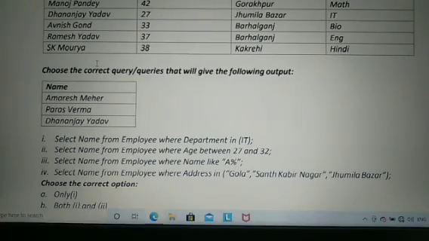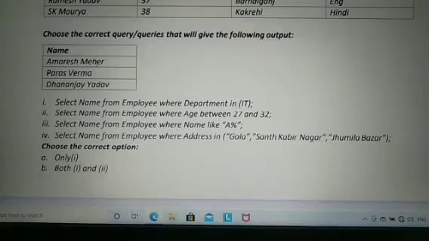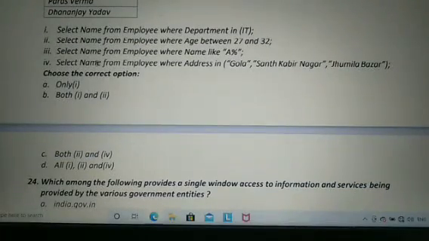That is for question number 23. From these four options you can use any three options: first, second and fourth.